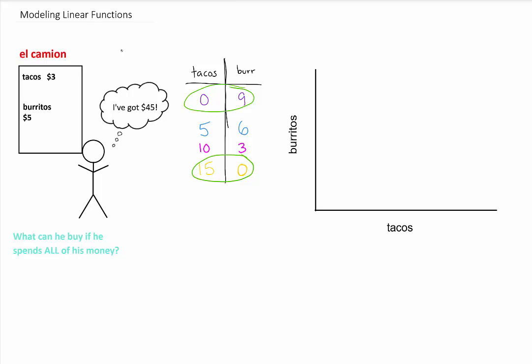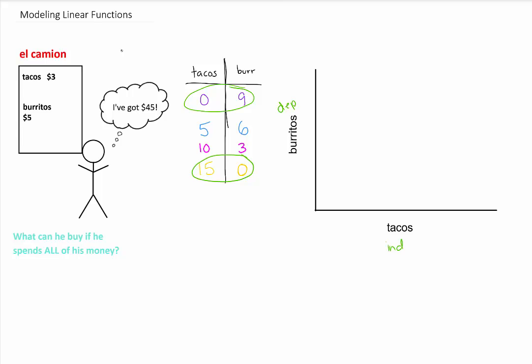So there's 2 variables in this kind of a situation. Variables are quantities that we might change throughout a situation, or maybe some values that we don't necessarily know. And in this case, there are 2 of them, tacos and burritos. So let's make a graph of this information. First, if we put the tacos on the x-axis, which would be our independent variable, and the y-axis would be burritos, that would be what's called our dependent variable,